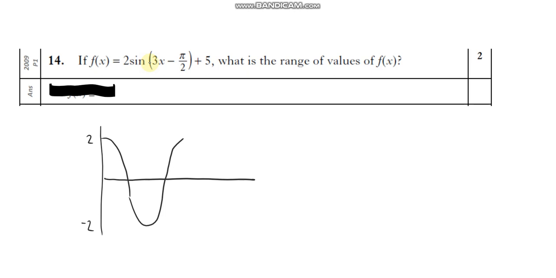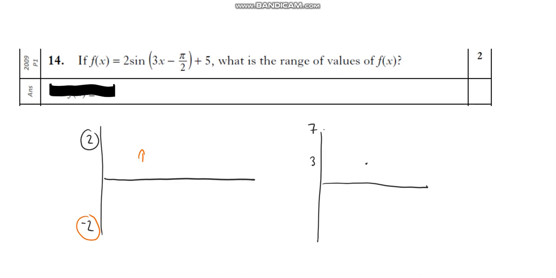If I move that up by 5, this number is going to go all the way up to 3. So actually, maybe I'll just draw this again over here then. So that's now going to go on to 3. Okay, so call that 3. And this number is going to go up by 5, it's going to go to 7. So the max and the min for this one is going to be,